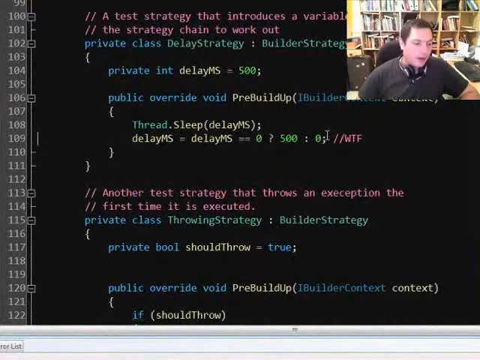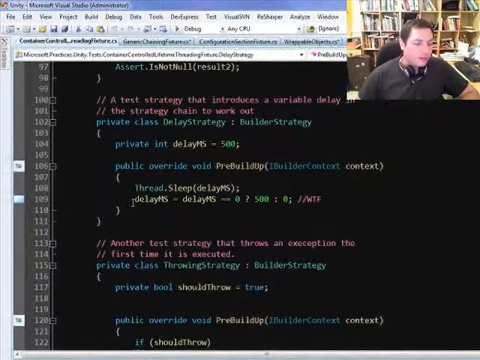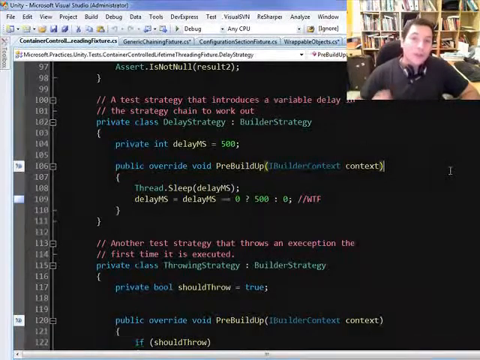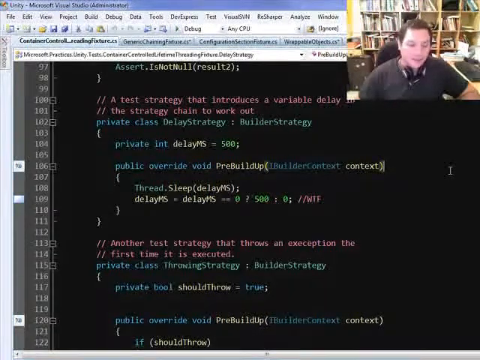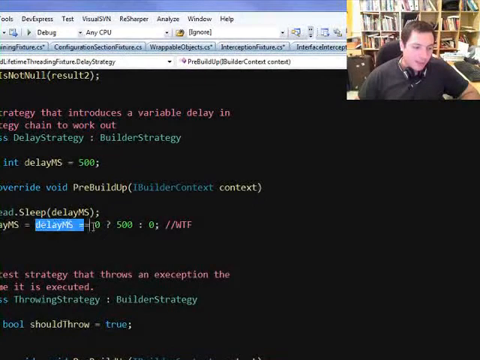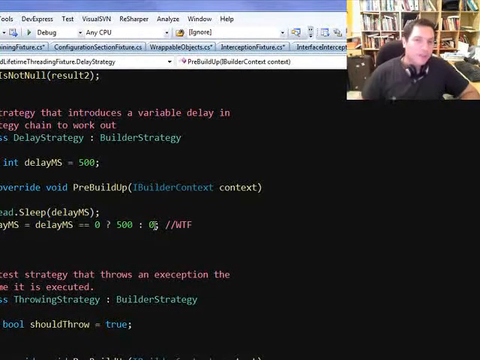Now, I wrote "what the fuck" here, and the reason is I don't like people using short notation in tests. Tests are about readability, so why are you doing this? Why are you forcing me to start parsing this code? Can't you just say if this then return 500 else? I know some people can read this with their eyes closed or something, but come on, just assume,